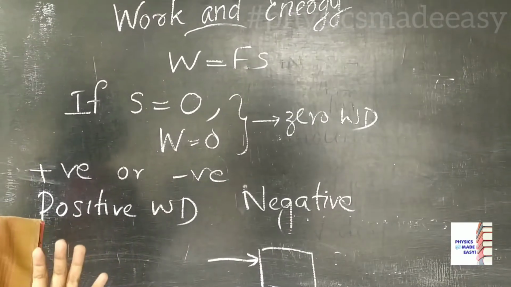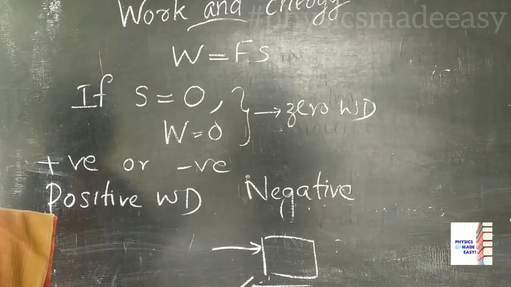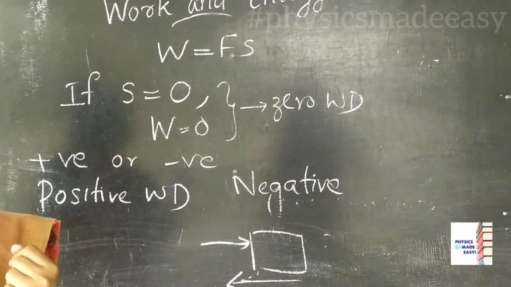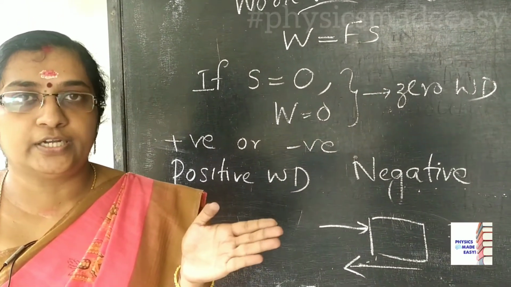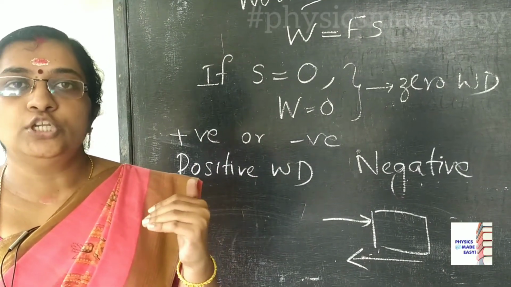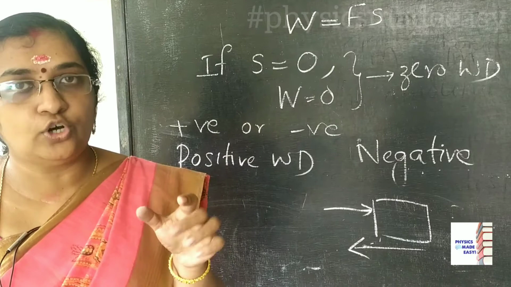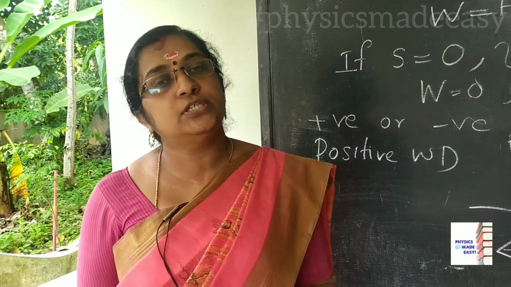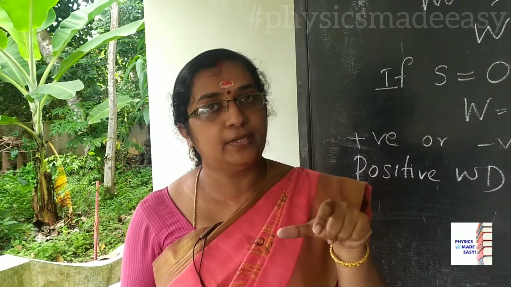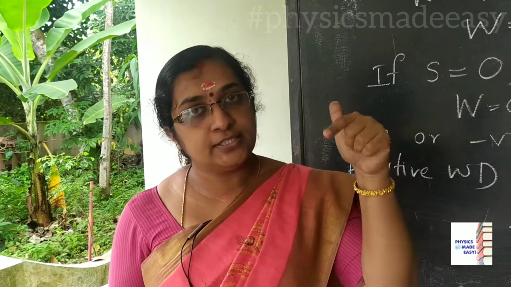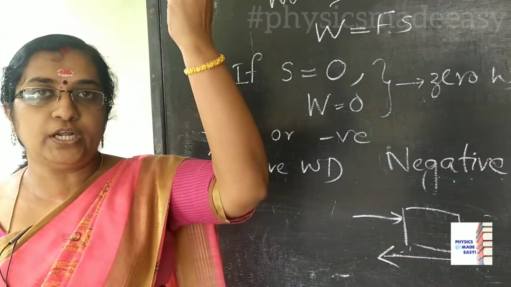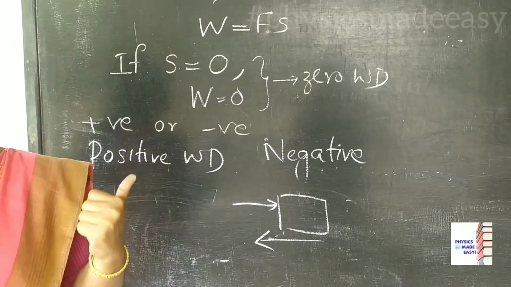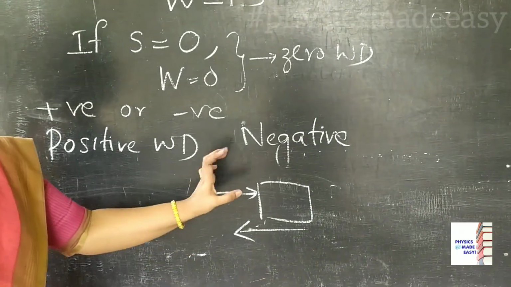Children, as you know, if an object is rolling over the ground, after some time you can see that object is at rest. There the hidden force is frictional force. So frictional force is in one direction and the displacement of that object is in the opposite direction. So here the work done on that object is negative. Then, children, from the chapter gravitation we already learned, if an object is thrown upwards, what will happen? The earth applies a force on that object in the downward direction and the object is moving in the upward direction. Here also the force is downward and the object is moving in the opposite direction. In all these cases, children, you can see negative work done.